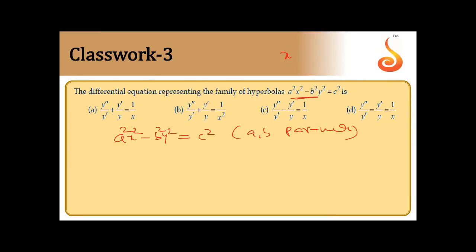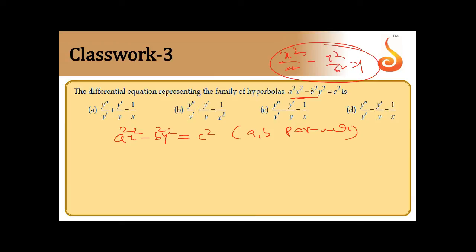Normally the hyperbolic equation is x square by a square minus y square by b square equals 1. That is the hyperbolic equation, but they have given it differently, it doesn't matter, no problem. You have constants now, 1 by a square is a square only here. So now a and b are the parameters. You have to differentiate twice and eliminate the constants to get the final equation.